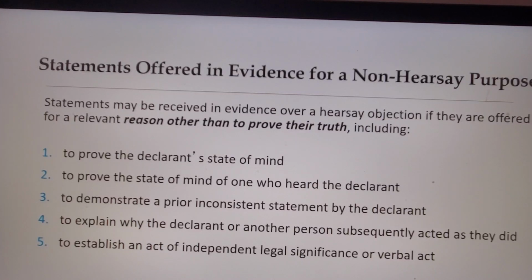Number 4 says to explain why the declarant or another person subsequently acted as they did. So an example here might be that police could offer that the dispatchers told them on the way to a scene that the suspect was armed and violent and very unpredictable, waving around a high caliber gun. If the police need to explain why they arrived on scene in the manner that they did, maybe they arrived with guns drawn,